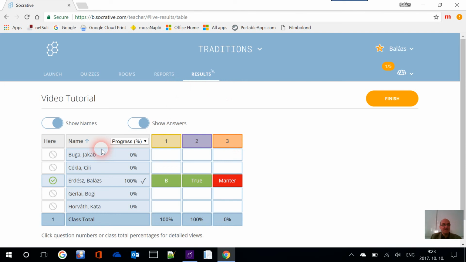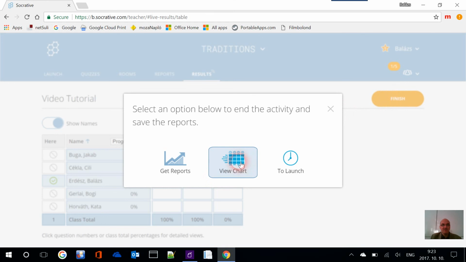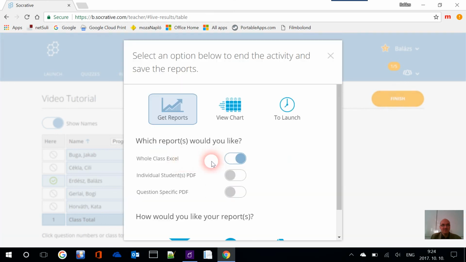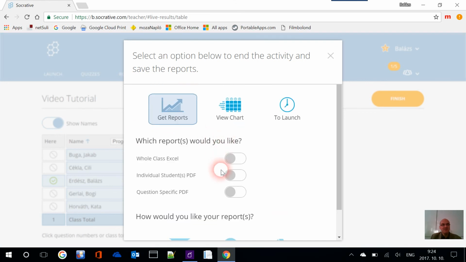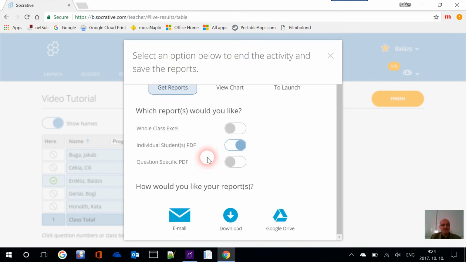And if everyone has finished, you can click on finish, and you can download the corrected tests. You can choose from different options like whole class Excel. I usually use individual students PDF,